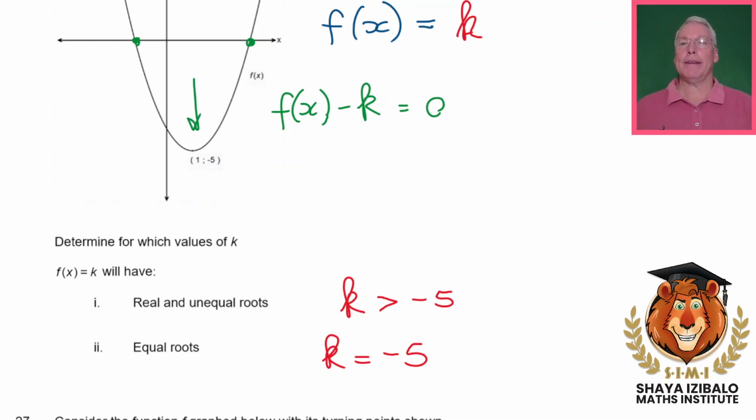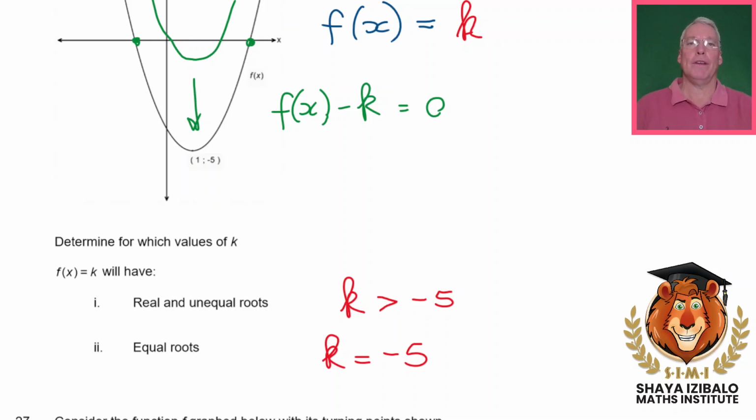And even if we pick it up a bit, it will have real and unequal roots. But how much can we pick it up? How much can we pick it up so that it will have real and unequal roots? Okay, we can't pick it up more than 5, right? So if we want to pick it up, then we actually need,